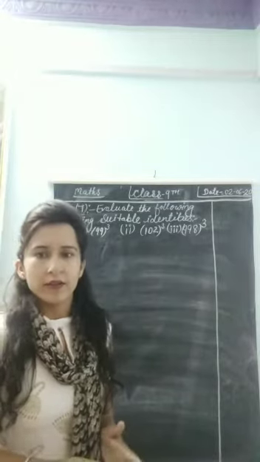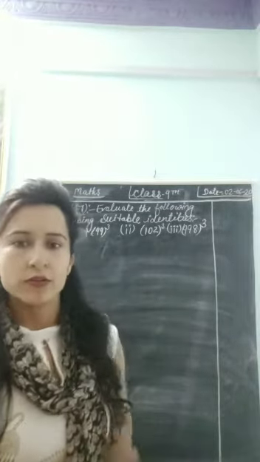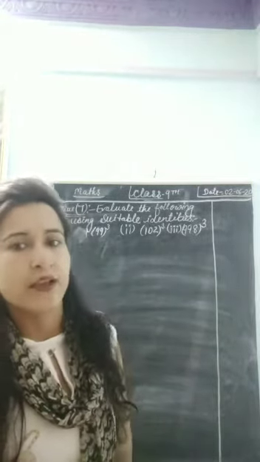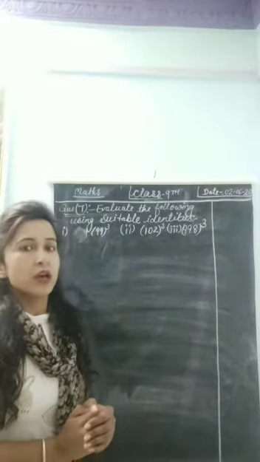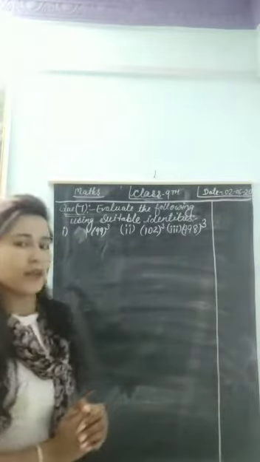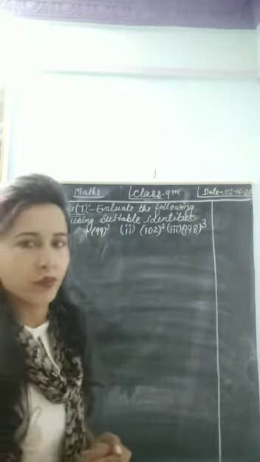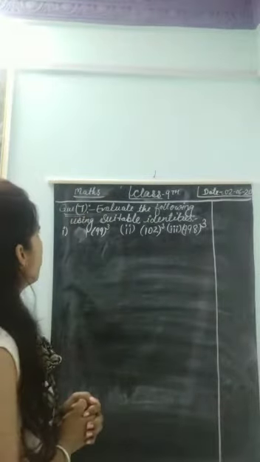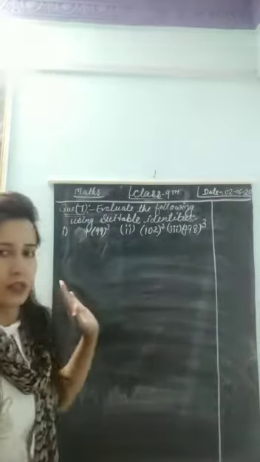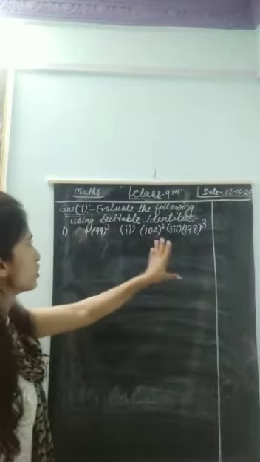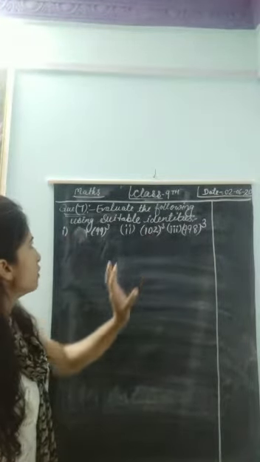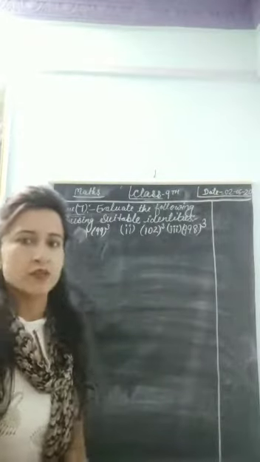In the last video, we discussed questions 1 to 6 of exercise 2.5. Today we are going to discuss question numbers 7 and 8. So let's start without wasting our time. Evaluate the following using suitable identities. We have to evaluate these parts with the help of suitable identities, which we discussed at the start of that chapter.